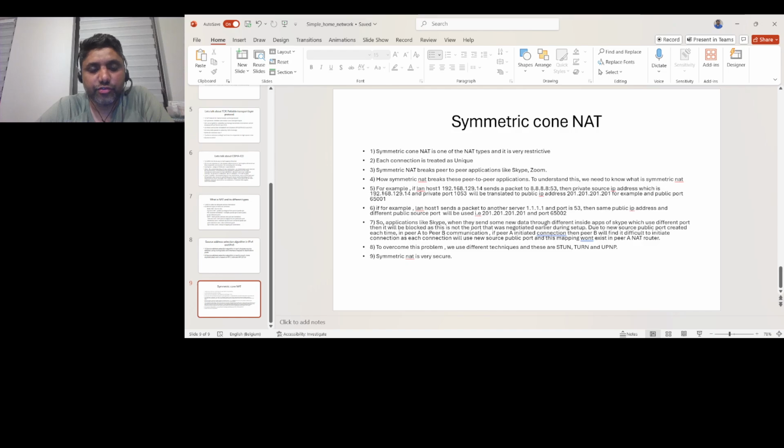So for example, if LAN host 1 with IP address 192.168.129.14 sends a packet to a public server, which is a DNS server with public IP address 8.8.8.8:53, then the private source IP address 192.168.129.14 with a private port 1053 will be translated to a public IP address 201.201.201.201. For example, I am just quoting it as an example, and the public port will be 65001 for connecting to a DNS server with public IP address